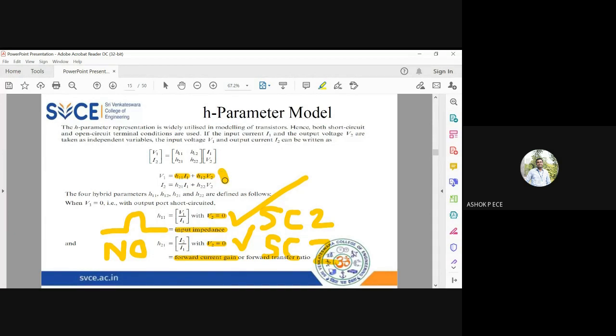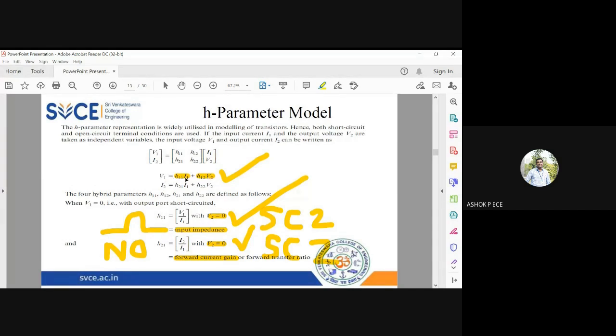Any equation given, you can convert it into a diagram. Any diagram given, you can convert it into an equation. So both the things we can do in circuit theory, correct? So here, what is given? I have given the equation. I'm going to convert the equation into a circuit diagram. Since I have V1 equal to, voltage gets added in series, so I have to connect these two components in series.